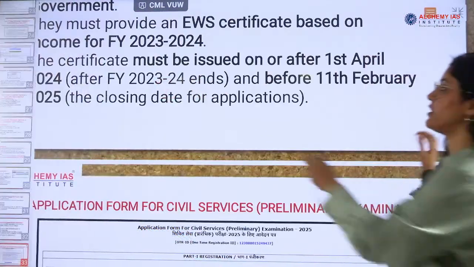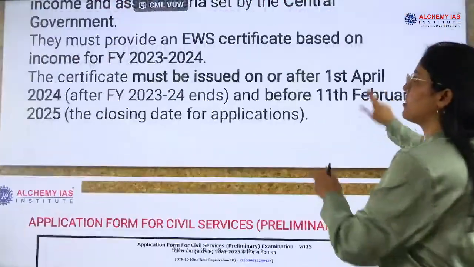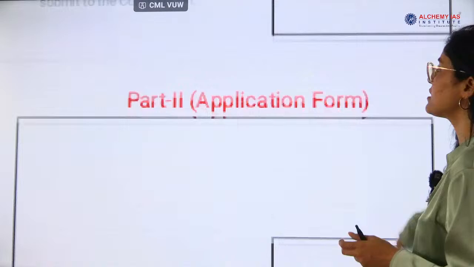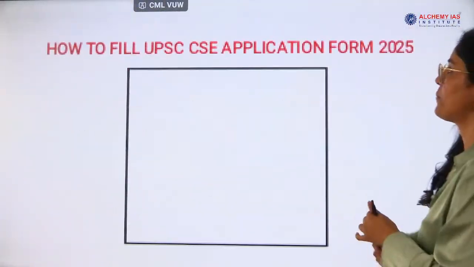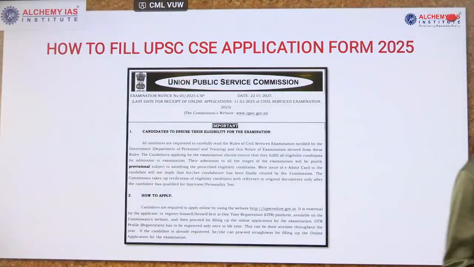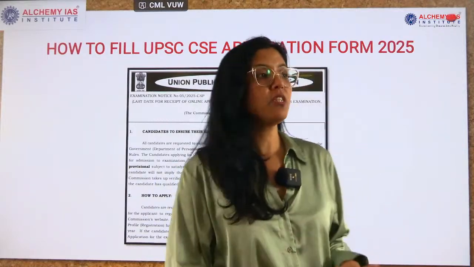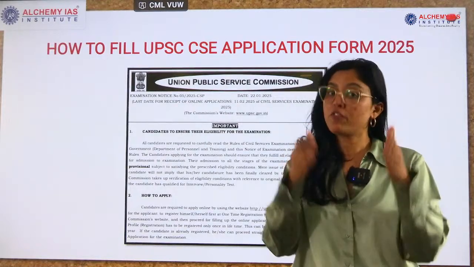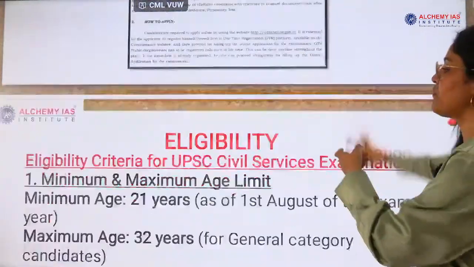Okay, let's start with the application process now. So this is the detailed explanation of all the things that we are going to do. Okay, how to fill the form. Now, basic things according to the notification. We have seen the basic things, all the things are mentioned, and now we will be discussing the filling of the application form. First, filling of the OTR, one-time registration. So, this is the notification that we already discussed.